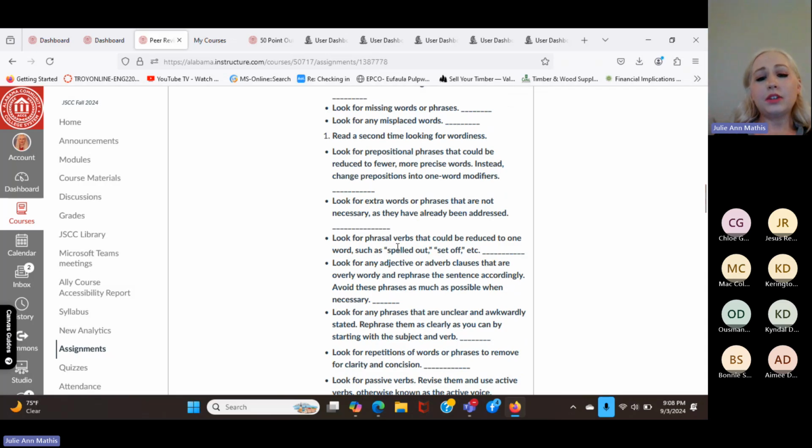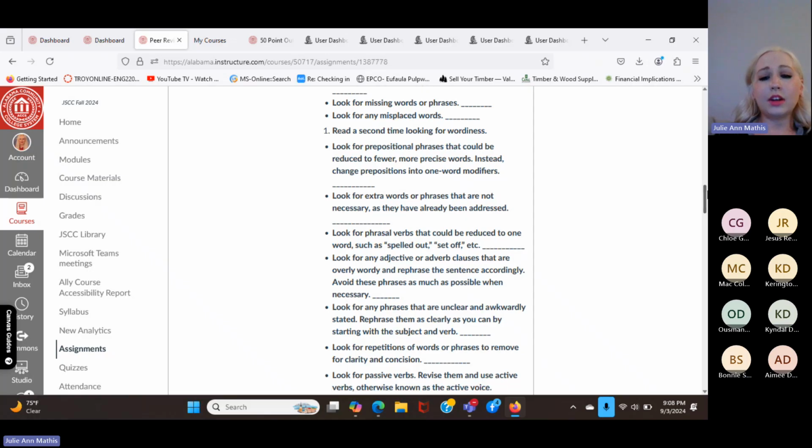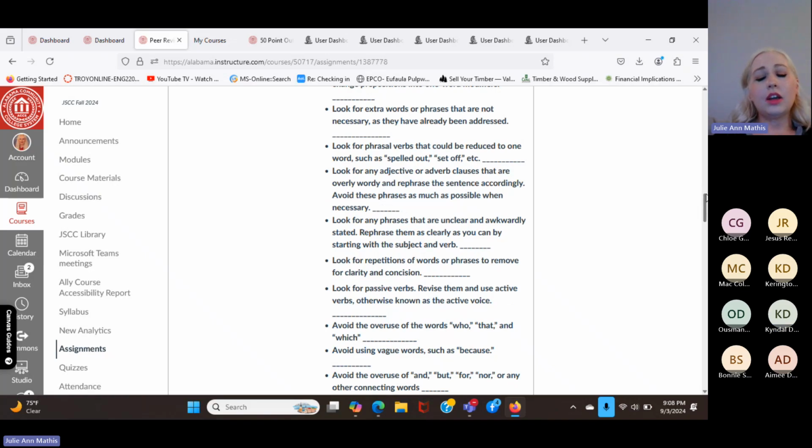Look for phrasal verbs, which are two or more words as a verbal phrase. So you would have spelled out or set off or get up, set out. Those are all examples of phrasal verbs that you could eliminate, cross through, and find a more specific verb to replace those that just add wordiness. Sometimes adverb clauses also just add to wordiness as well, so cross through any phrases that are unnecessary,